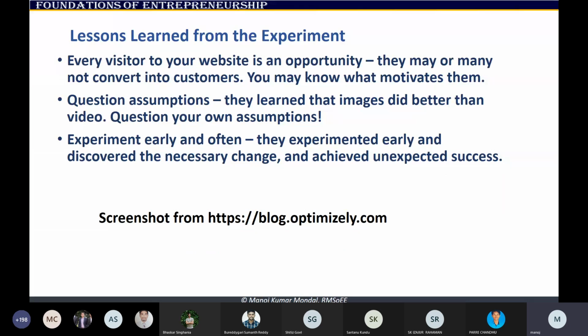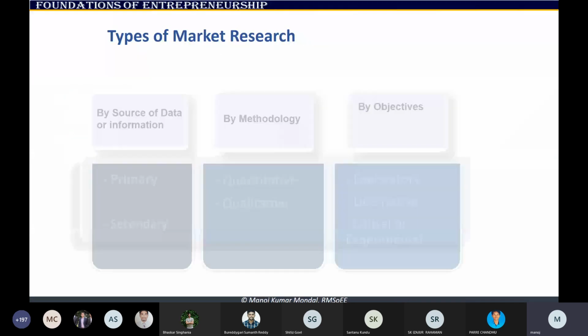What is the lesson? Every visitor to your website is an opportunity. If they are going away without donating, it's a missed opportunity. So you have to challenge your own hypothesis, your own assumption that just this family picture is good enough. This is also a limited assumption because the conversion is 75%, not 100%. Even if there is 100% conversion, maybe the word of mouth is not transmitting, which is why the growth of visitors is not good enough. So there is always an opportunity to improve. So you have to challenge your own hypotheses and then move forward.